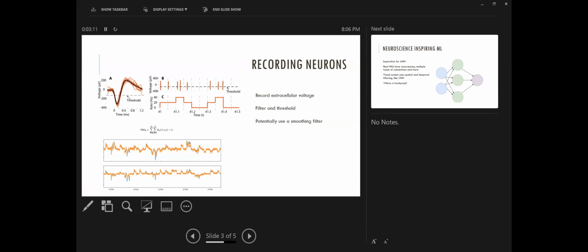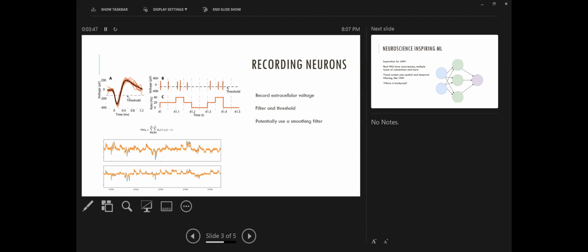So from there, let's take a look at what we're actually doing when we're recording neurons, when we are doing any sort of in-lab actual neuroscience, right? And this is just one way that neurons are recorded, but this is with what's called extracellular electrophysiological recordings, okay? So extracellular meaning it's outside of the cell, so we're not doing any sort of puncturing the cell itself, and electrophysiological meaning the electricity here. So what you do is you record an